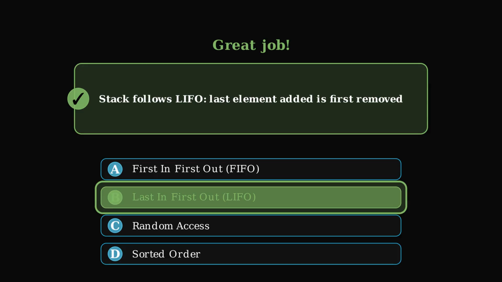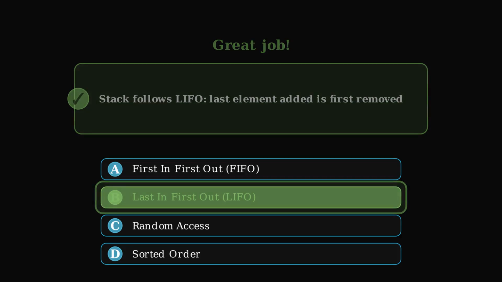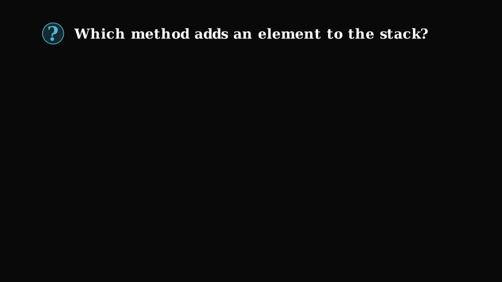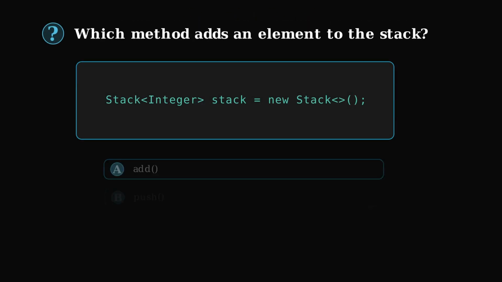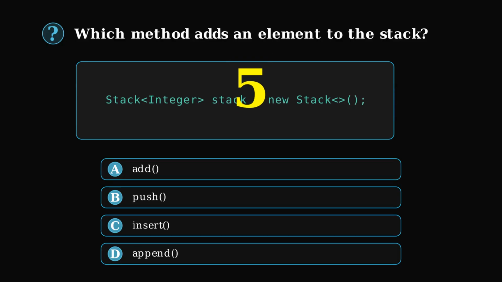What does this code output? Pop removes and returns top element. B. LIFO. What is the stack state after these operations? Push 10, push 20, pop 20. Push 30 →